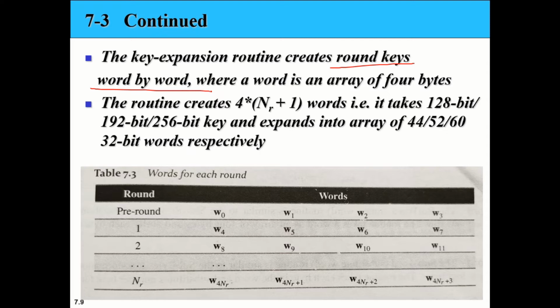So we have four words in one key. We'll be creating these keys word by word, where a word is an array of 4 bytes, right? So we'll be having 32 bits in each word. And this key expansion routine creates 4 into Nr, which is the number of rounds, plus 1